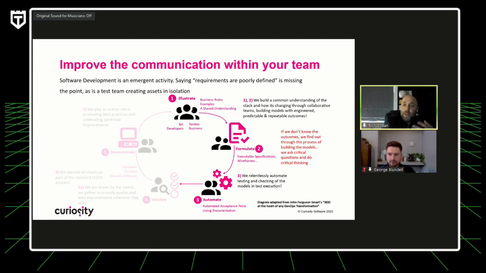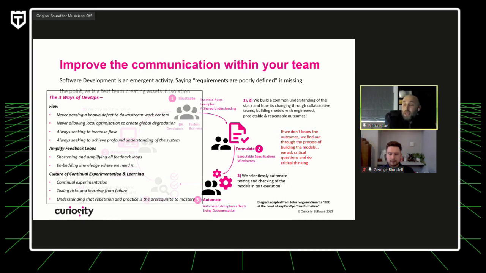We can't stop there, right? If we just stop there, we've still got a few problems. We could still create the wrong types of tests. There's nothing to stop us doing this Three Amigos conversation and creating lots of end-to-end tests, right? And we know that's not the case because we're going to create lots of incidental complexity if we do that, all right? So we've got to go to the other part of facing into entropy, which is aligning to best practices and product design, all right?